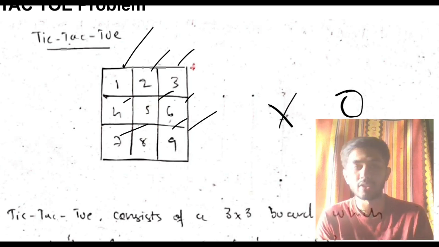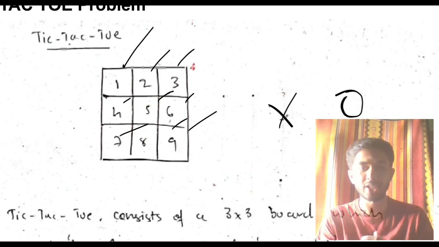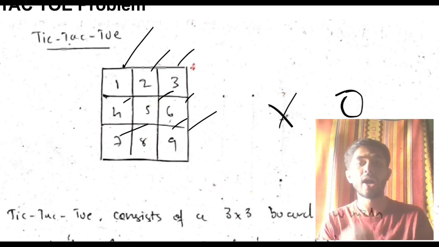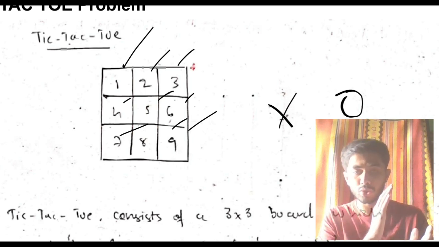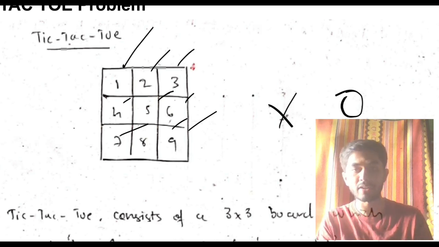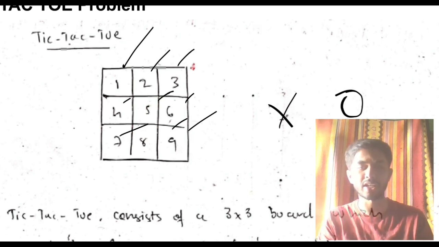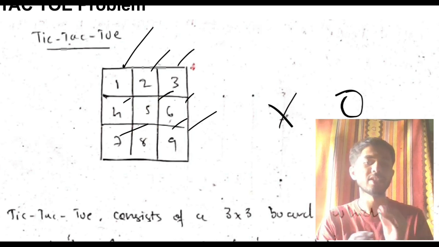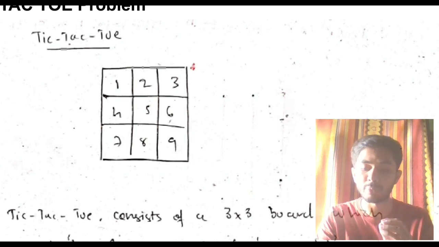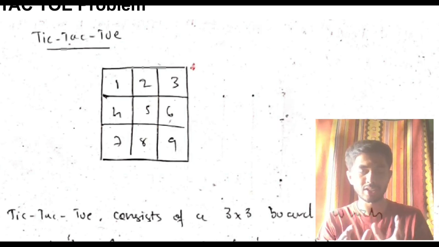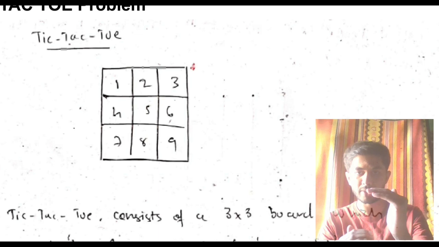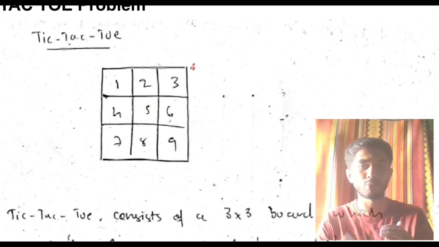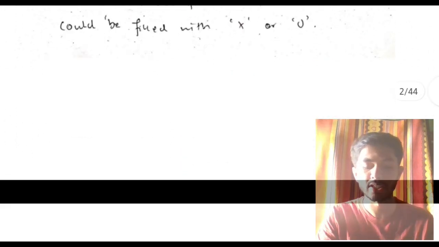Now what's the point of putting X and putting O, what's the point of this whole thing? Then you have to explain the winning strategy and the losing strategy. A person wins if the person is able to put all the X's in a straight line or a diagonal line, or if the person is able to put all the O's in a diagonal, straight or vertical line. If neither does, it will be a draw. Those are the things you need to mention initially, and that will also show what the thing is. This is a very simple topic. It will fill the page as well, and you will be able to write it in a more elaborated fashion, whatever you are writing. That's the advantage it has. Write everything from your heart.